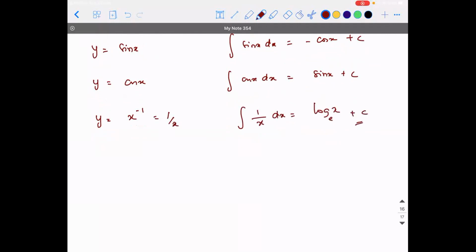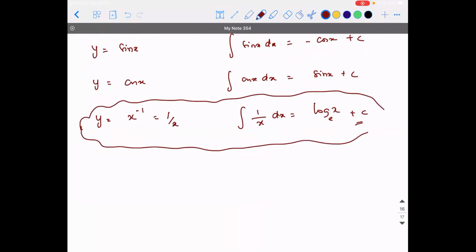You can write it down, but don't ask me what this base e and all those things are, because it will take some time to explain. That itself needs a class to explain, which is not needed. It's unnecessary data at this point of time. Okay. So is it clear till this step? Is there any doubt?